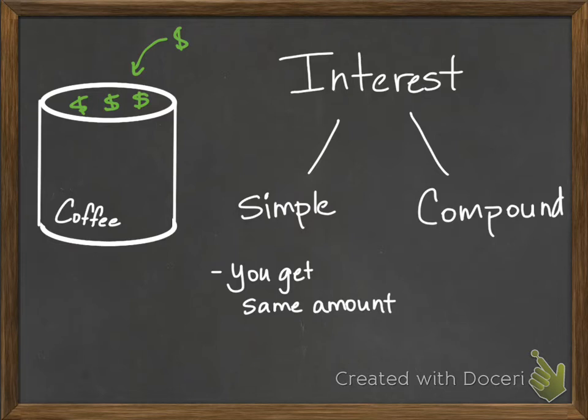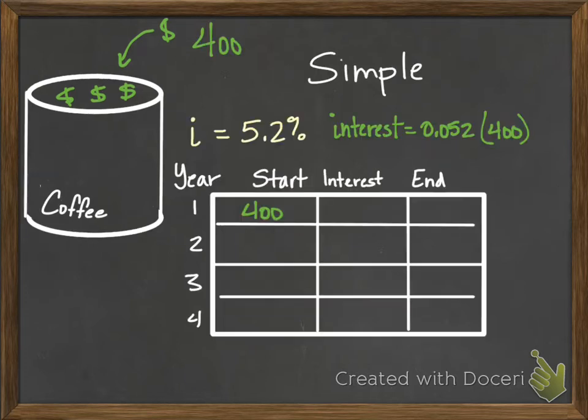But okay, there are two basic types of interest. There's simple interest and there's compound interest. So with simple interest, you're going to get the same amount every single year. So your money is building, but it's not building on previous years' interest. You're only making interest off of what you put in. We're going to talk about that one first. Compound is going to grow faster, so we'll look at that one too. But first let's talk about simple.